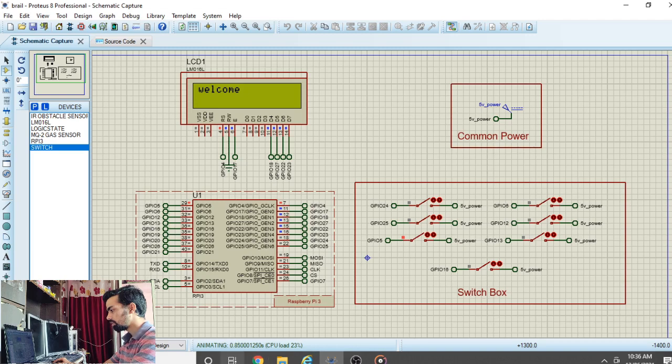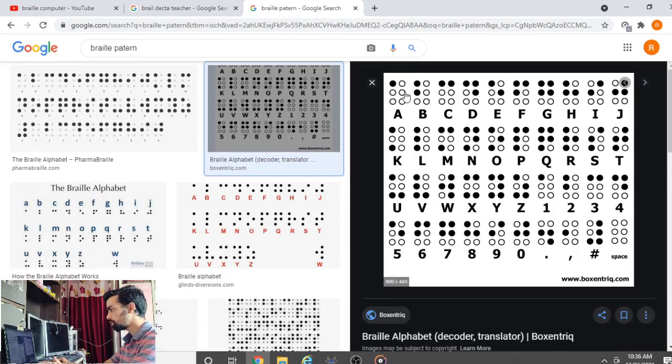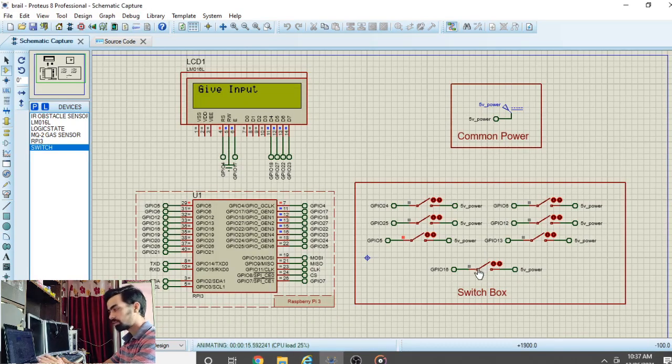So in this way you have to simulate all the keywords from Raspberry Pi after giving the input from each and every switch. So the basic idea behind this is, you have to first create switches like this, and after that we have to give input to Raspberry Pi by pressing one by one switch. But after you press one by one switch, you have to tell Raspberry Pi to speak that word. So we have added the extra switch here. So once you press this extra switch, whatever input was generated from the switches is automatically told by the Raspberry Pi. So we will see how to create this type of project in Proteus also. You can use this project on hardware also.